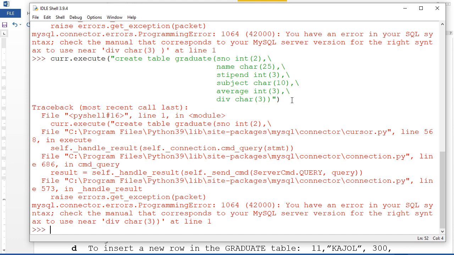Sir, yes, sir. This error is because div is like a keyword. Last time this same error came, so you changed the name of div to something else. What is this div? I wrote division, no? Yes, sir. Last time the same error came, then you changed the name of div, then it was okay.